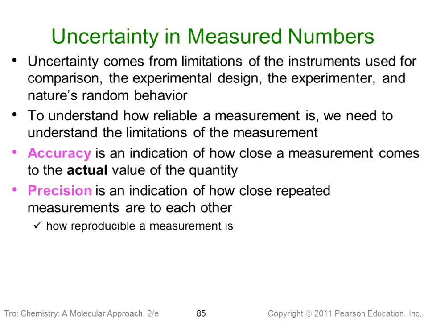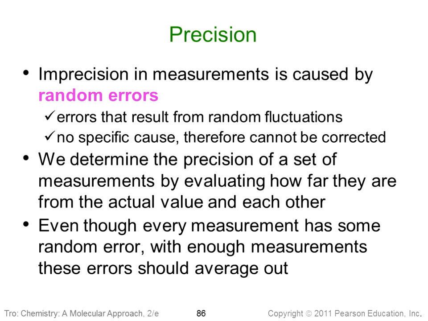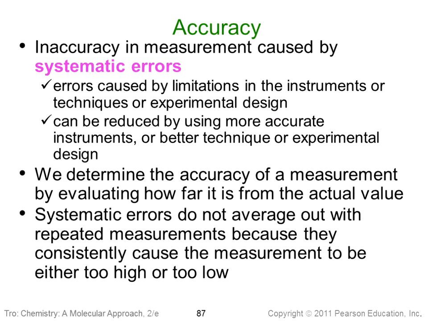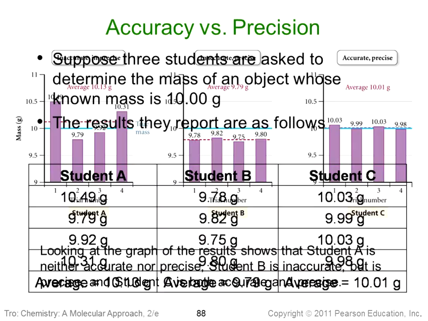Precision and accuracy. Accuracy tells us how close a measurement comes to the actual value. Precision is how close a repeated number of measurements are to each other. So we're looking for a clustering effect in precision. Okay, we'll look at errors. We can read over that. Move on